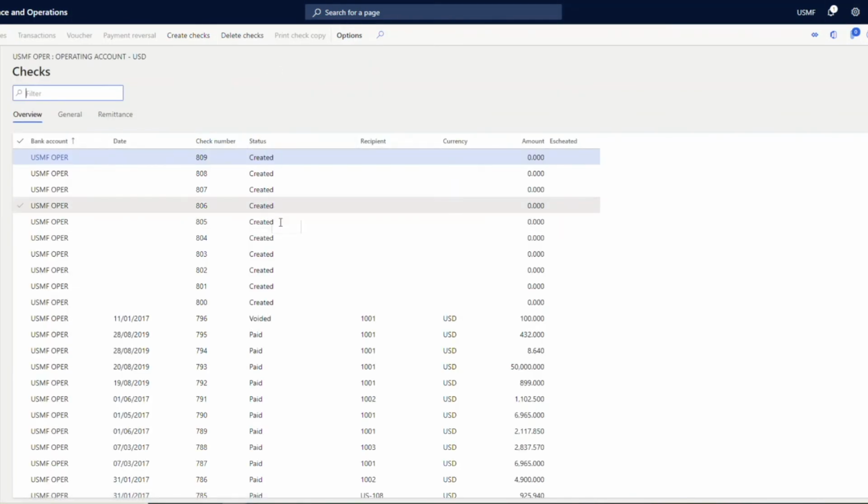So currently what we did was we created the check numbers starting from 800 with the number of checks amounting to 10. Here you can see the status of each of the checks saying it is created and it has not been used. This is for a situation where you have a predefined list of check numbers and you want the system to use only those check numbers generated here, and you would not wish to give the user the provision to enter the check number manually.